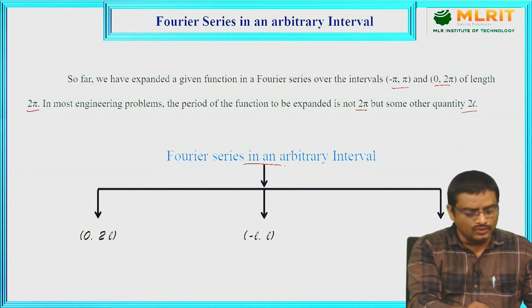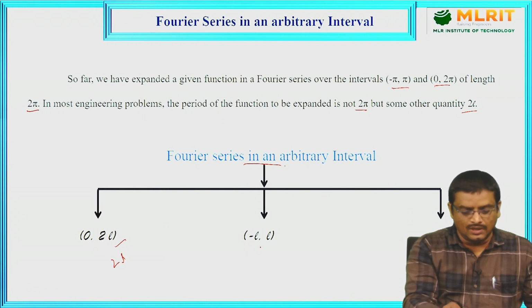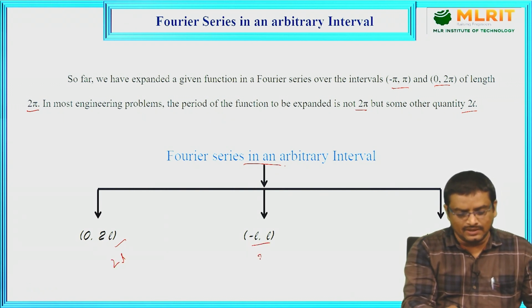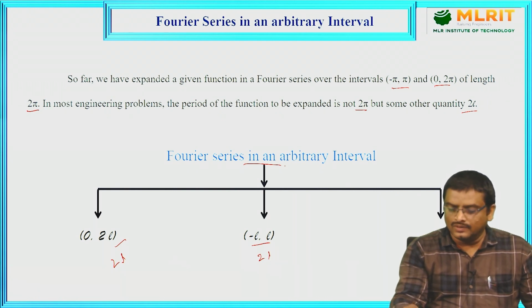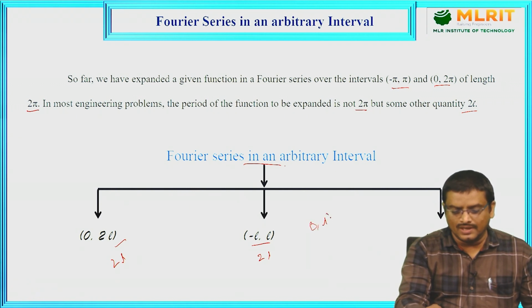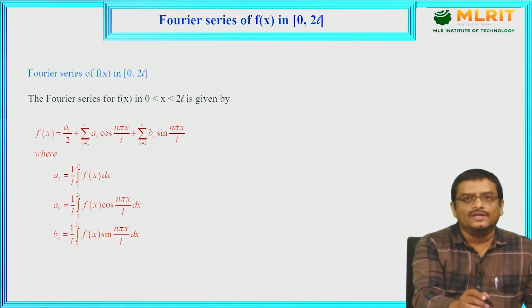The third is the interval 0, l, and the length of this interval is only half of the length of these two intervals. Now we will see what is the standard formula to find out the Fourier series of f of x in